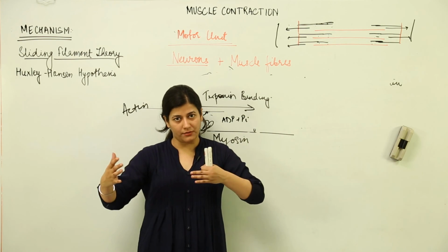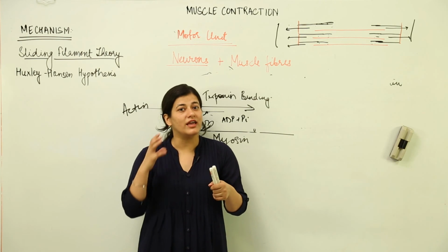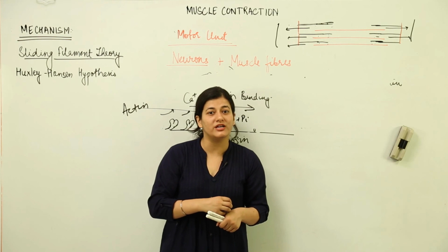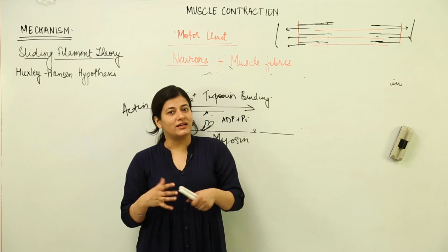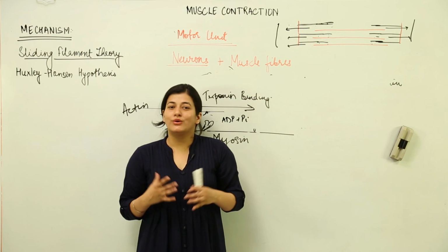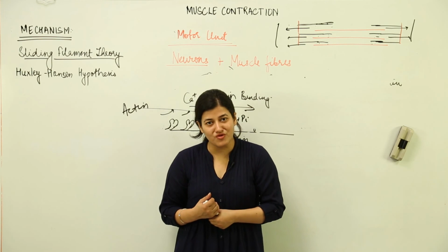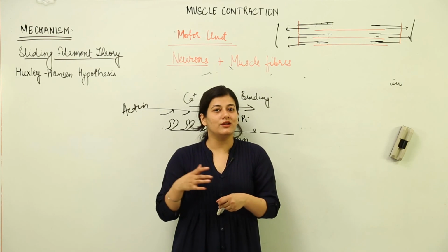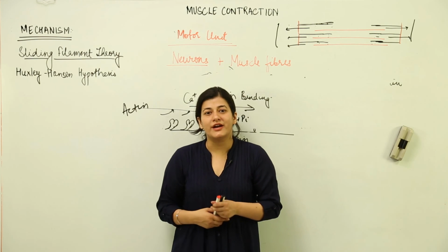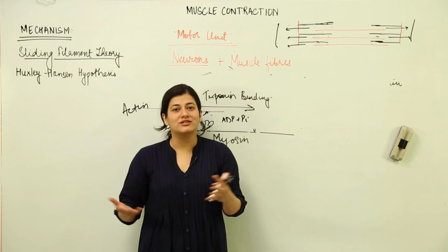Without calcium being released from the sarcoplasmic reticulum, muscle contraction cannot be brought about, and whatever movement I am doing at present with my hands, as you can see, won't be possible if the calcium released from the sarcoplasmic reticulum could not unmask the troponin, so that the active sites get exposed. So this is all about muscle contraction. I hope next time whenever you are doing any sort of movement, you realize what sort of work your body is doing. It is doing a lot of work, a lot of ionic interactions, a lot of potential changes. That is why all this movement is brought about.